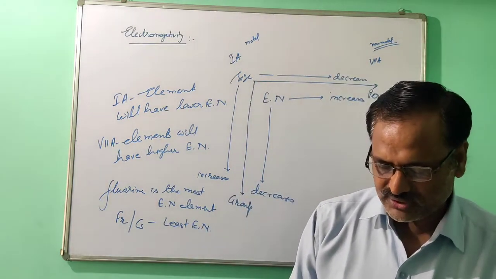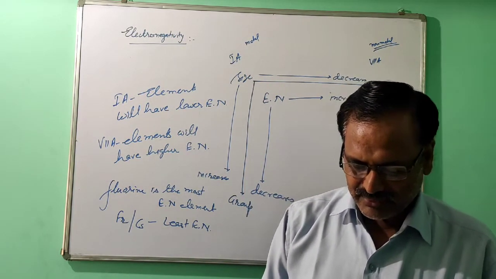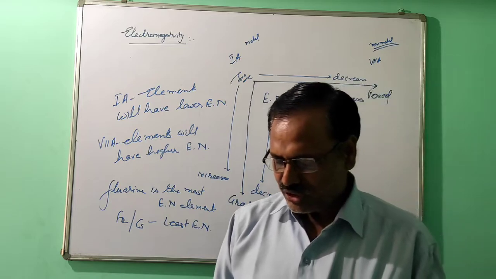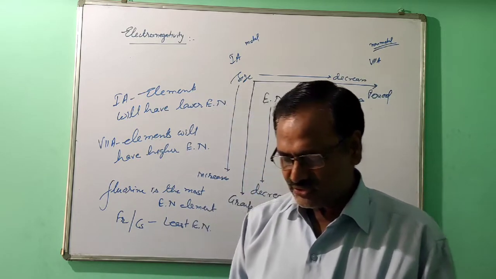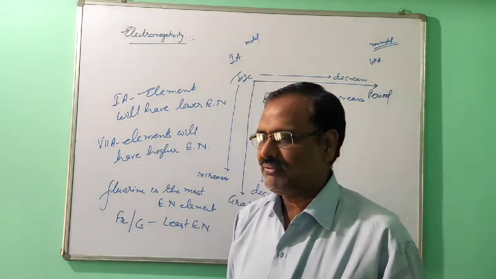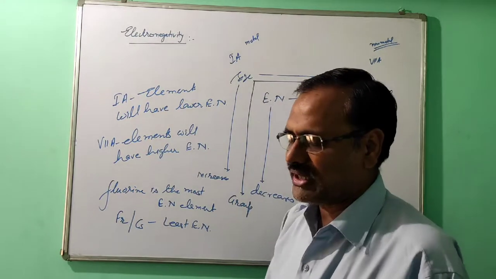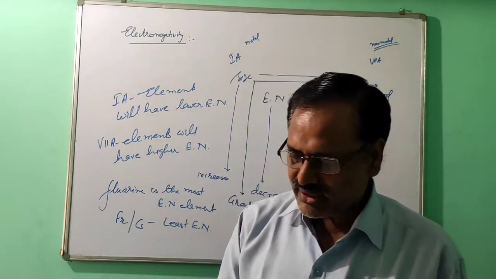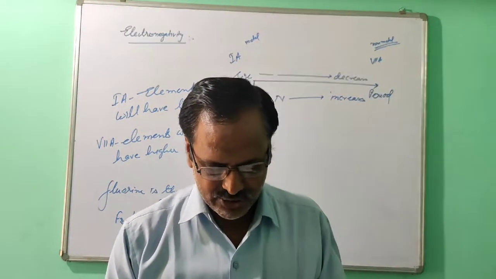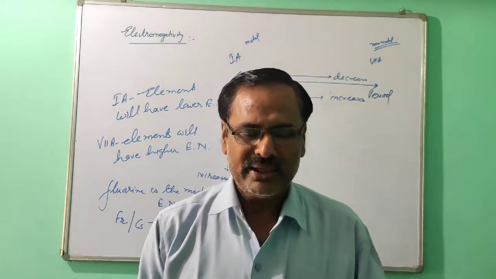Why is it given so? Because francium is radioactive. Then noble gases have a complete octet and do not attract electrons to themselves. So I have given you the reason why electronegativity is not applicable for noble gases. The reason is that for noble gases, duplet or octet is complete. So here I am going to stop this periodic property. In the next video, I will give you metallic and non-metallic character.